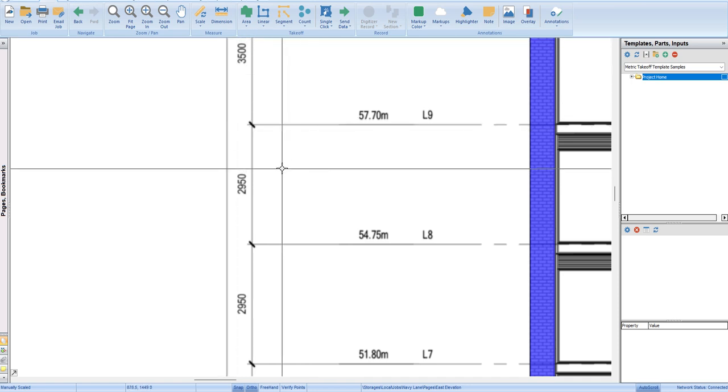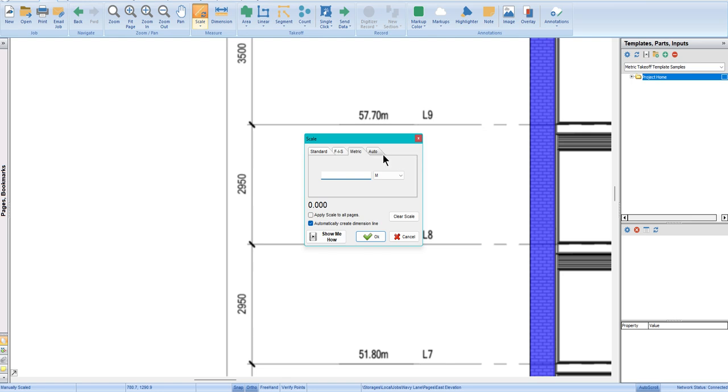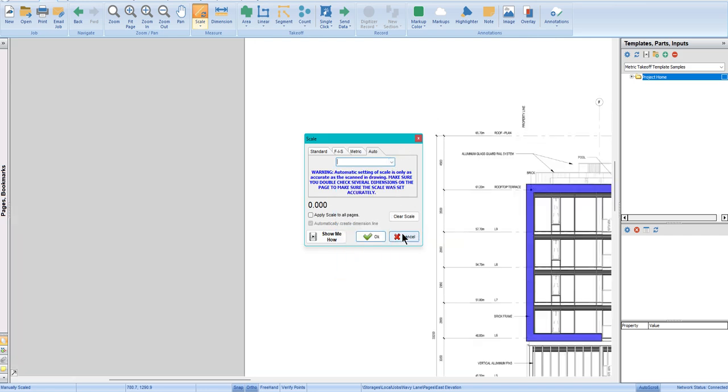To scale this drawing, first we have to press this Scale button, then we will choose Metric. In Auto there are some basic givens, like if we have a scale on our drawing, so you can see